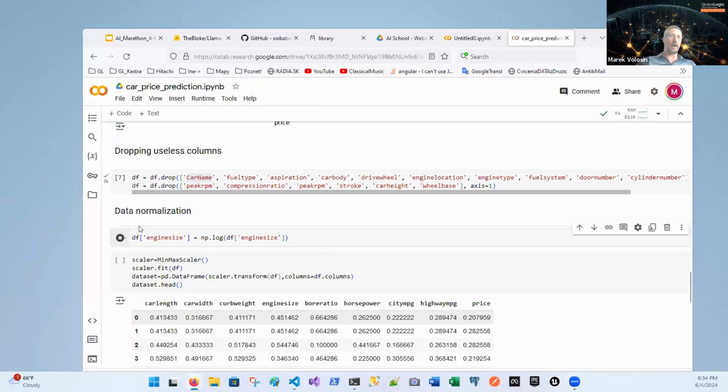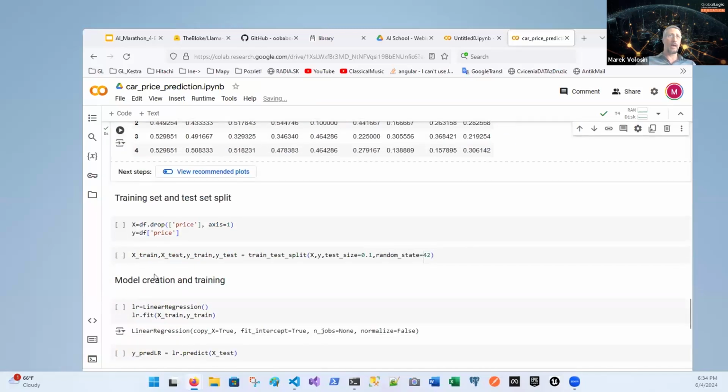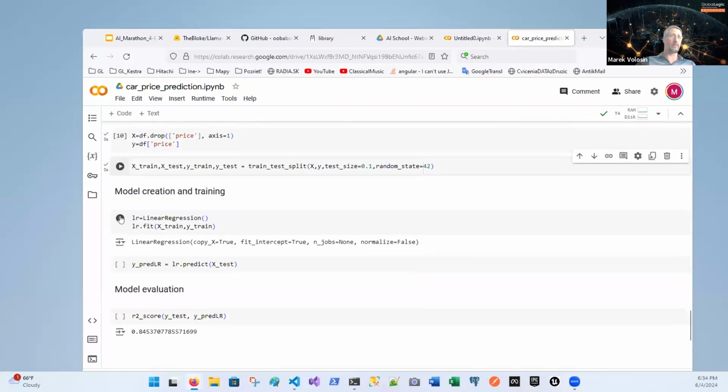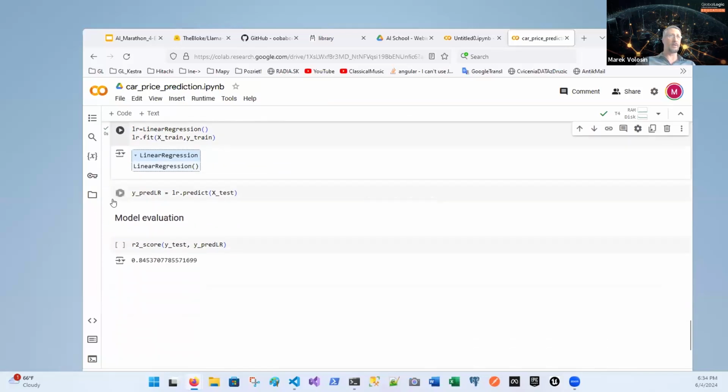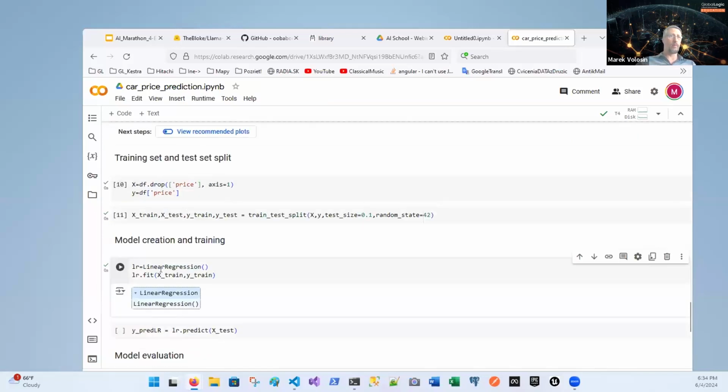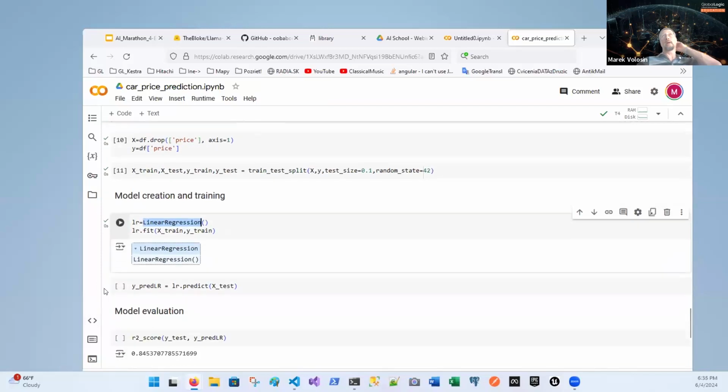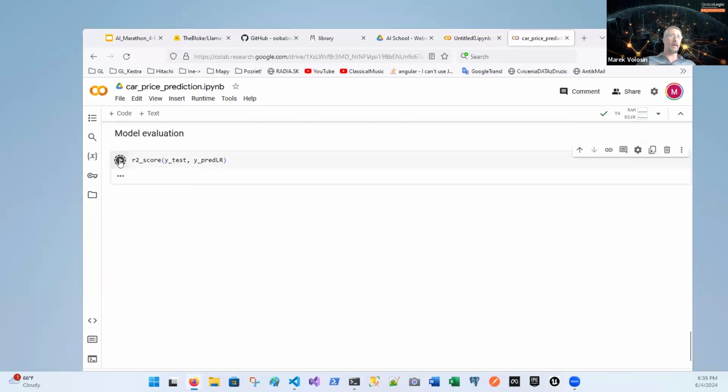And this I run it. The script is good, and it trains on the data with machine learning, linear regression. The linear regression model is created, and if I evaluate,